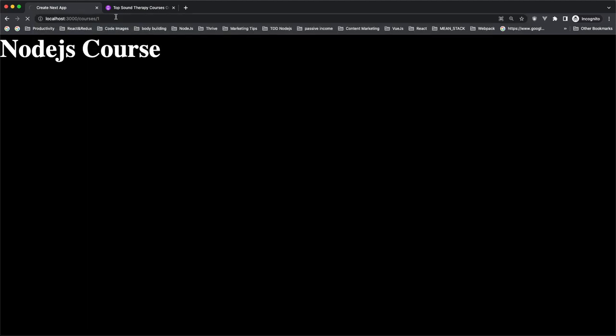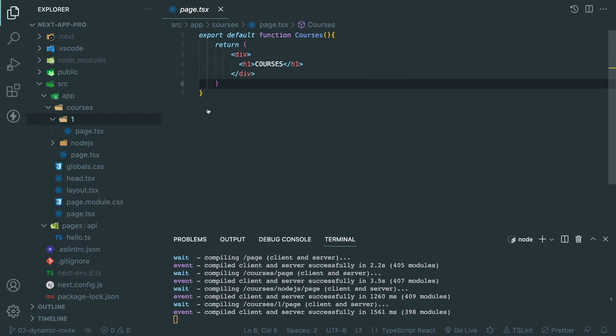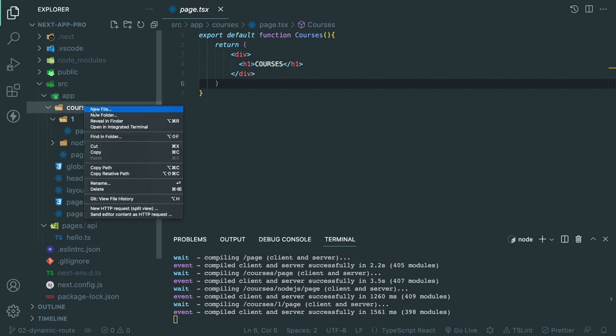If I go to 1, it is going to give me the React course. But I don't want to set the ID manually, like 1 and Node.js. So you can create a dynamic route